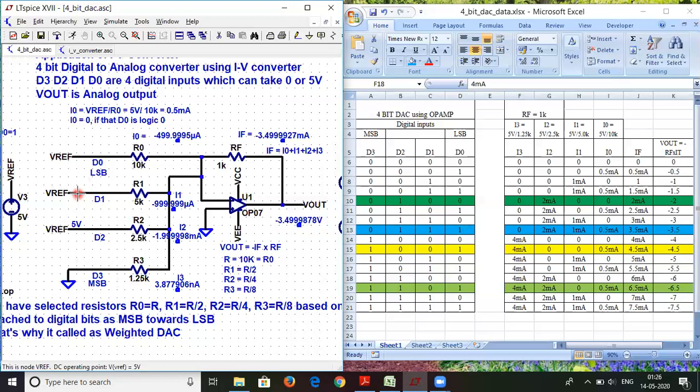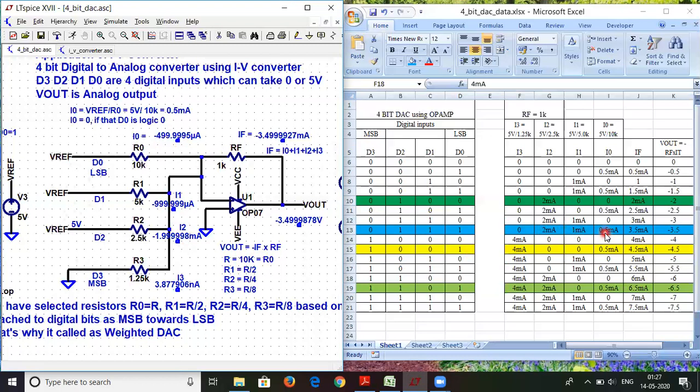And here everywhere the currents will be, let us check. The I3 current will be 0. Here also we have I3 current 0. Yes, we have I3 current 0. I2 current will be 2 milliamperes. I1 current will be 1 milliampere, and I0 current will be 0.5 milliamperes. Don't care about the sign just now, we are concentrating on the magnitude. So here also we got it as 0, 2 milliamperes, 1 milliampere, and 0.5 milliamperes. So that's absolutely correct.